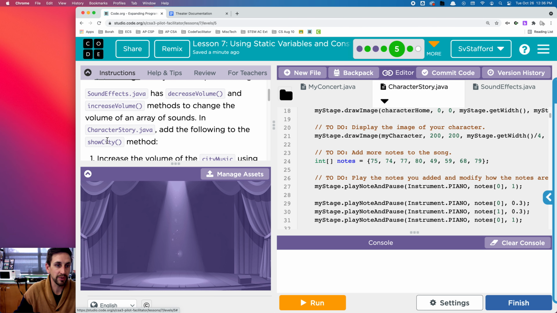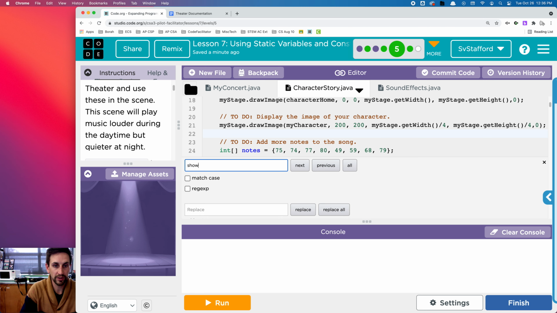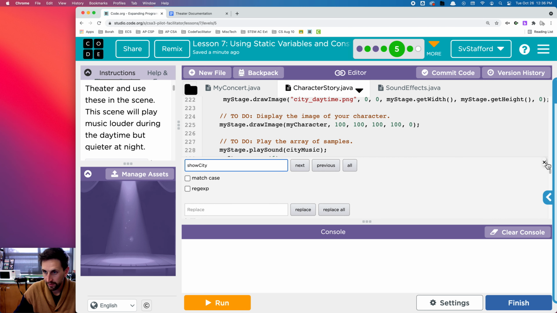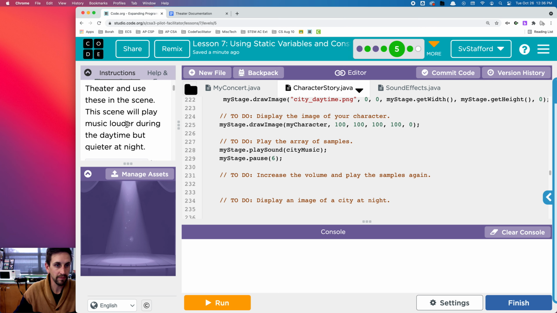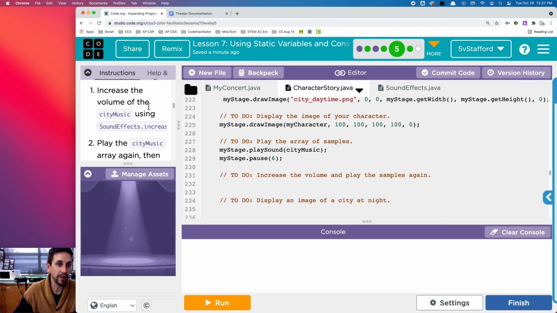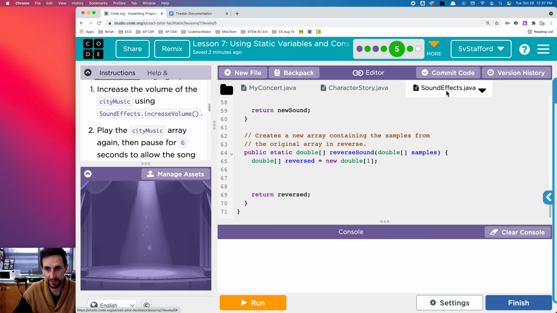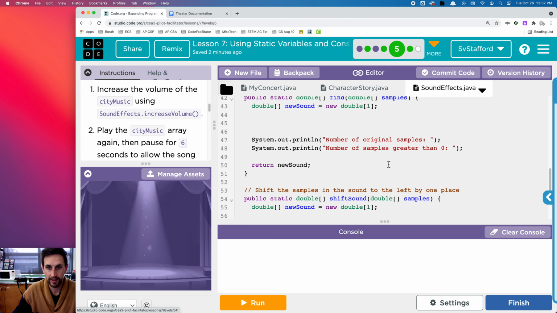And then it's asking me to go to character story and add the following to the show city method. Okay, so again, I'm going to search for show city, and look at my first to do. So it says increase the volume of the city music using the sound effects increase volume. Okay, so I'm going to copy this, paste sound effects increase volume,